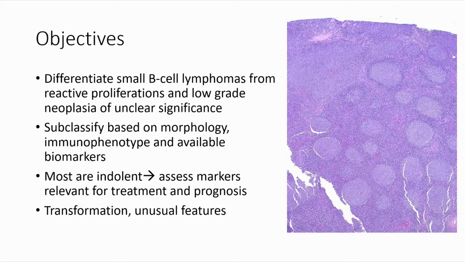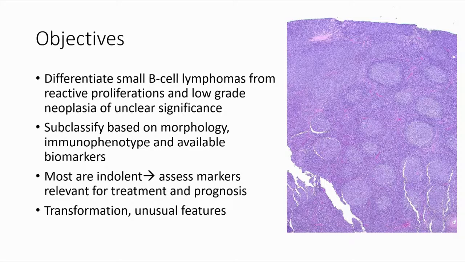patients. So today the objectives are going to be to differentiate small B-cell lymphomas from reactive proliferations as well as from low-grade neoplasia that is of unclear clinical significance. Next, if we have a bona fide small B-cell lymphoma, how can we subclassify that based on morphology, immunophenotype, and